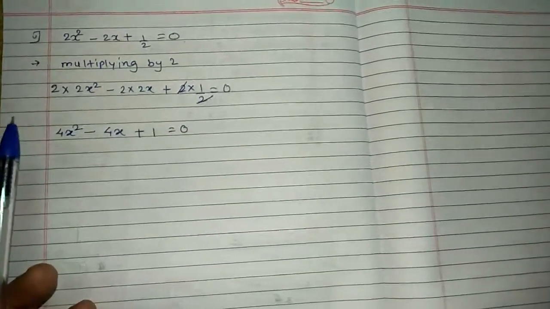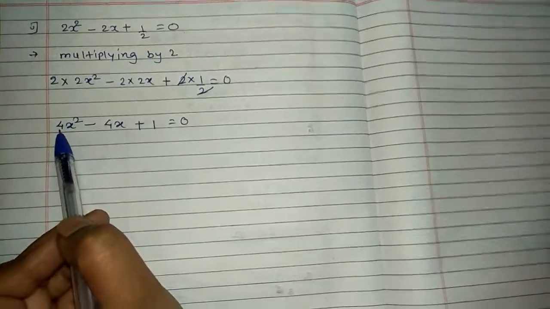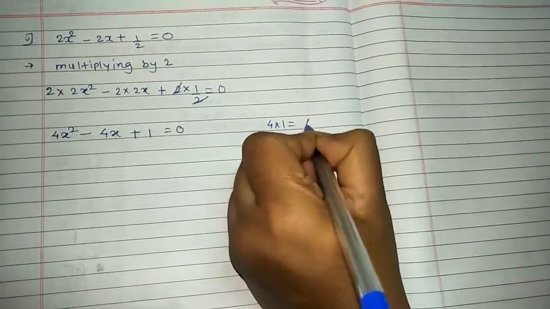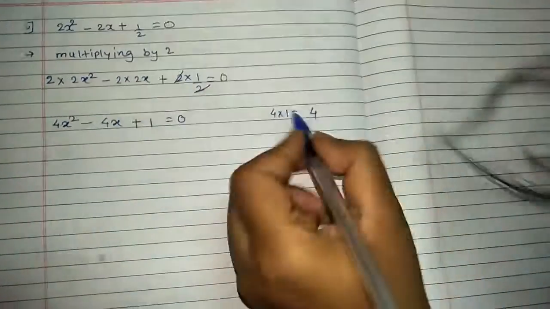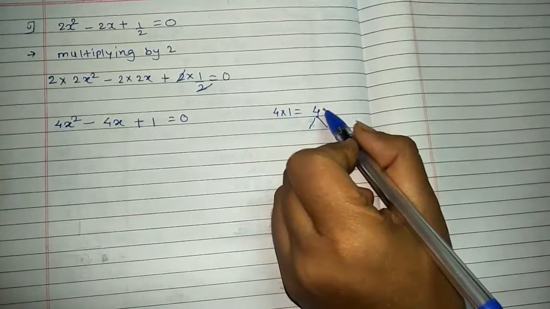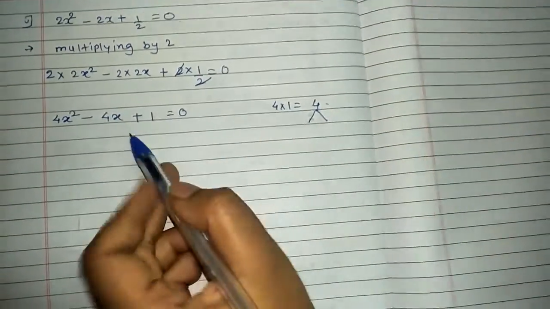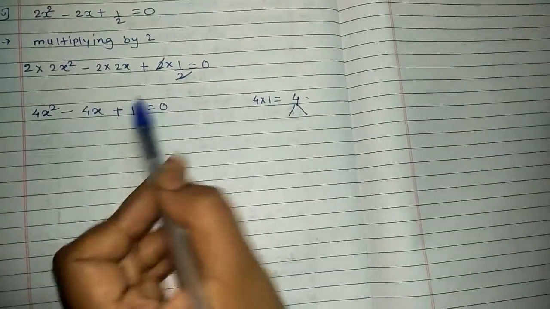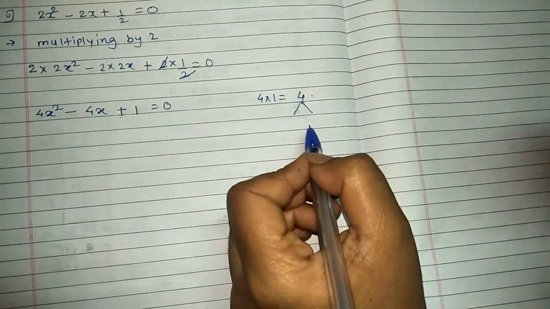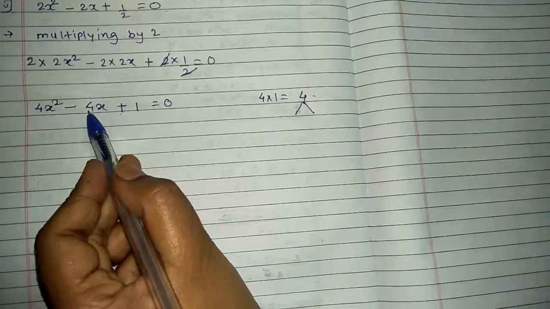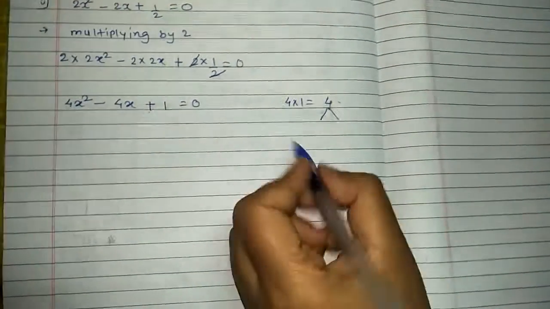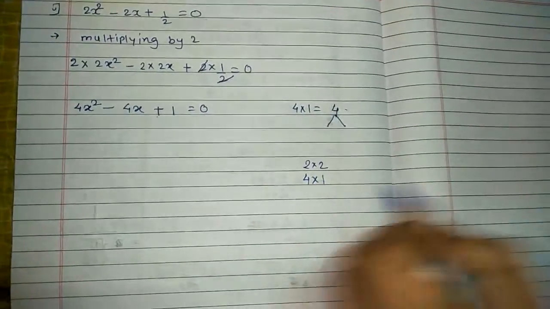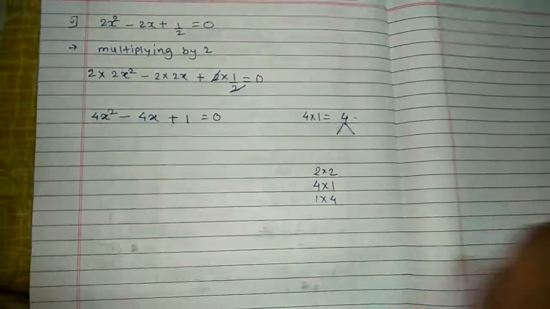So now we are going to use the factorization method. Again, this 4 and this 1, their multiplication: 4 into 1 is 4. Done. Now we have to find the factors of this 4. तो वो 4 के factors हमें किस तरह से find out करने, यहाँ पे which sign is there, plus. So means जो factors find out करेंगे their addition will be 4. So 4 is coming in which table? See, 2 2s are 4, then 4 1s are 4, and then 1 into 4, only this one.